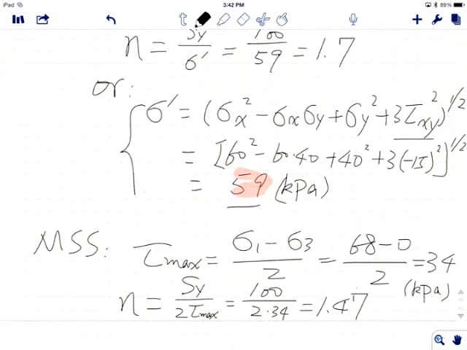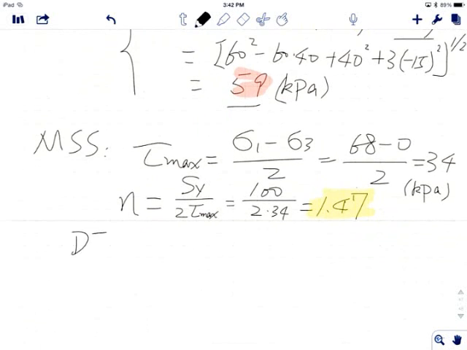Alright, so here you compare these two numbers. Diego, what do you think? Doesn't look like they're the same. Yeah, it's not the same, right? And is that what you expected? Does this answer make sense or not?